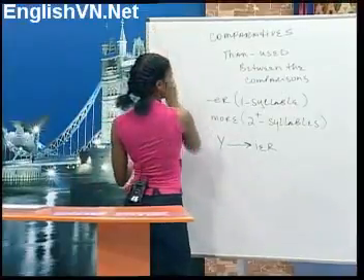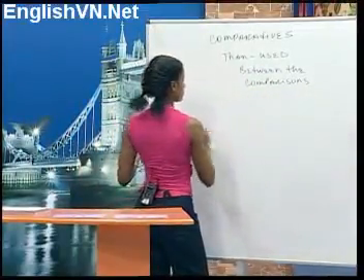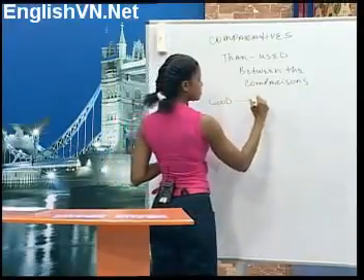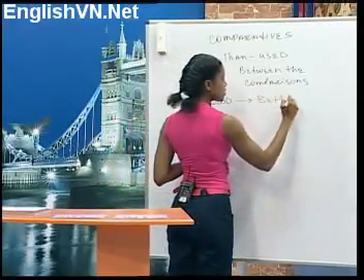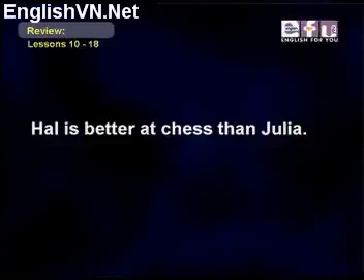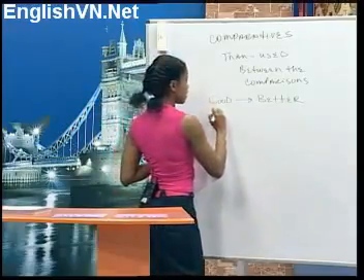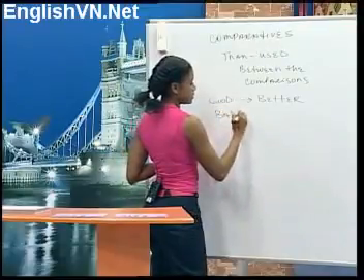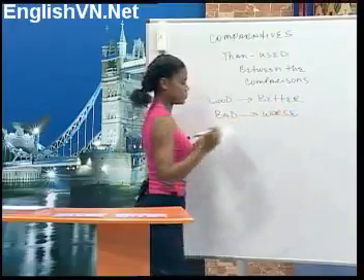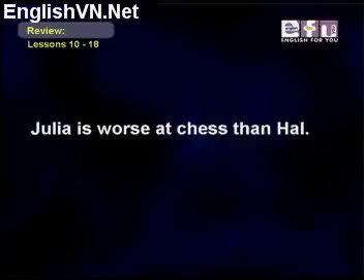For example, the comparative of good is better. For example, Hal is better at chess than Julia. Okay, another irregular adjective, bad, in the comparative form is changed to worse. Okay, example, Julia is worse at